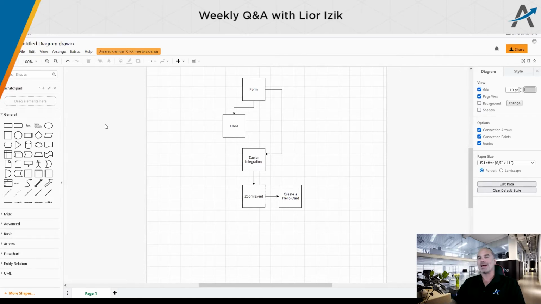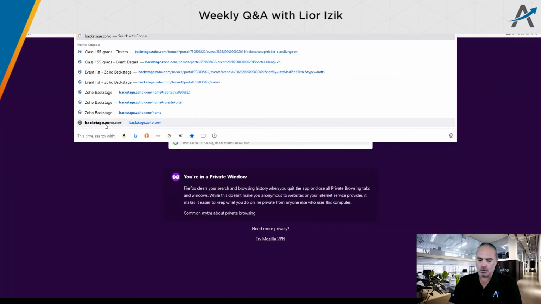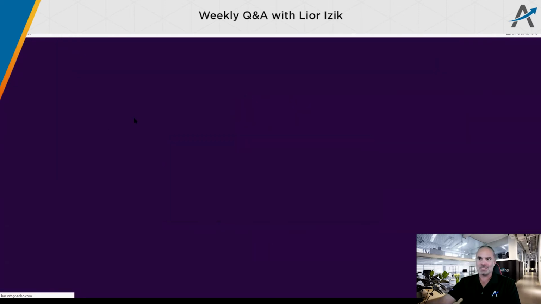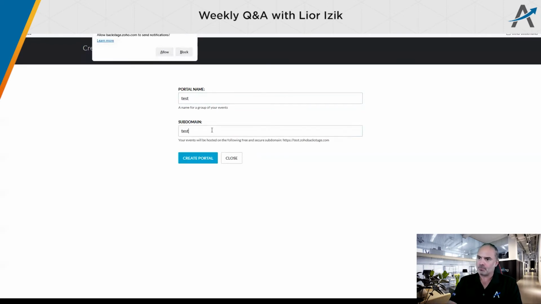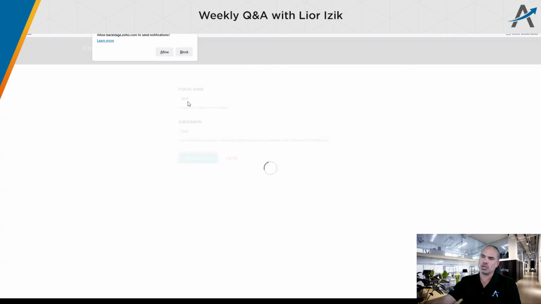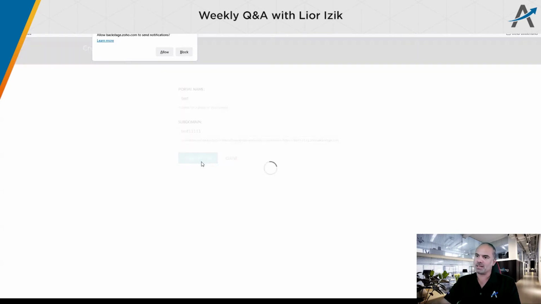So what are you trying to do? To create a public website of the event? Yes. Okay. You have a few options. Option number one is an existing system that Zoho created named Backstage. It's a nice system. Takes a little bit of time to learn it, but even if you create your own, it will still take time.